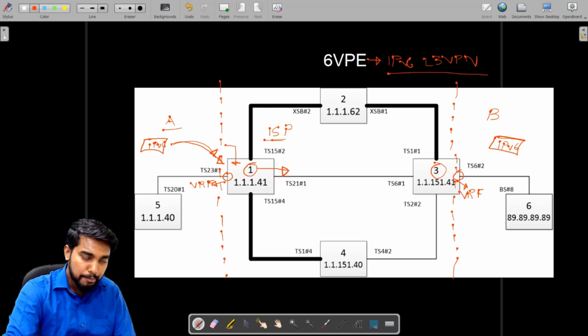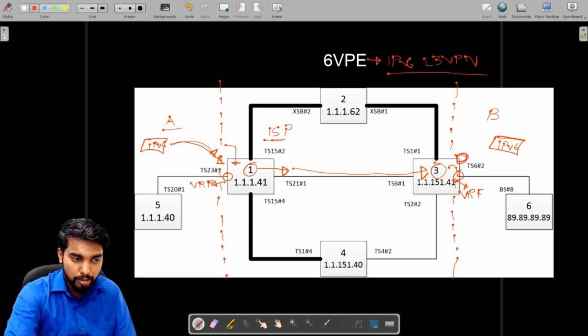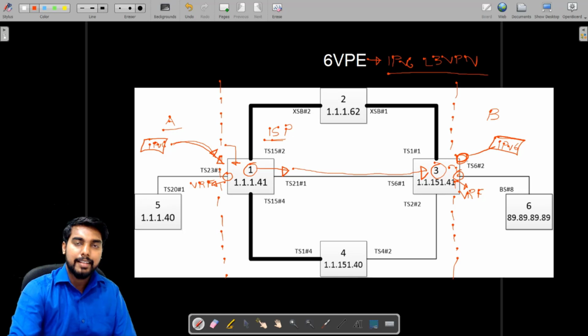So we will encapsulate it in some way and then send it to the edge router, which is router number 3, and from the edge router we will decapsulate it and receive the IPv6. Since this router is IPv6 capable, it will understand IPv6, put it into the new VRF for the customer IPv6, and then send it to the customer. The customer router definitely supports IPv6, so no problems at the customer end.